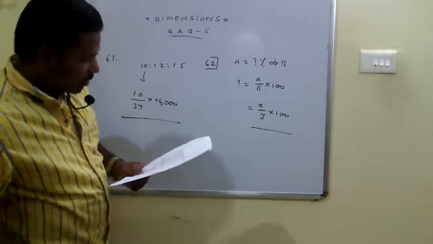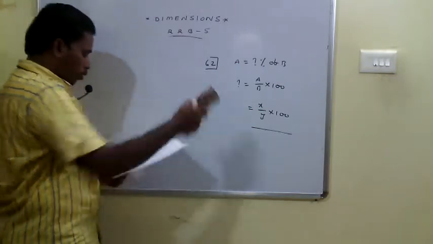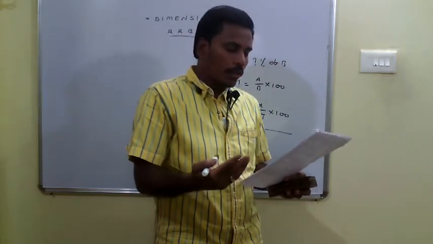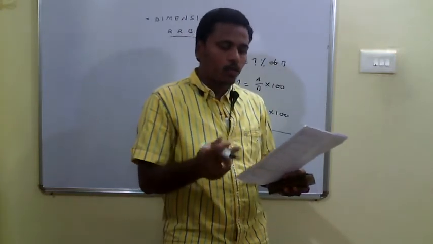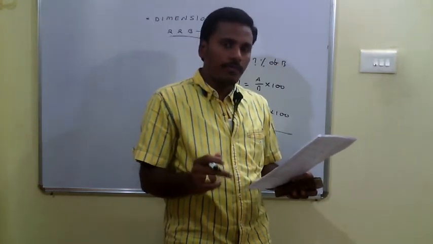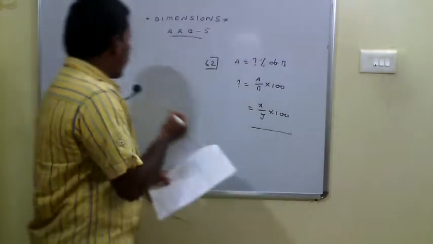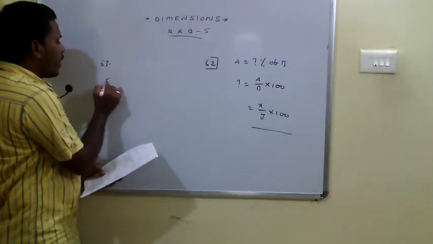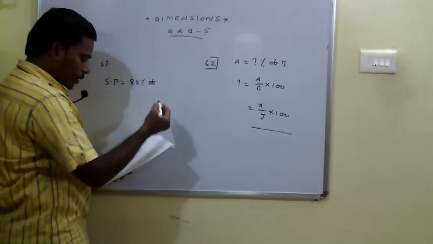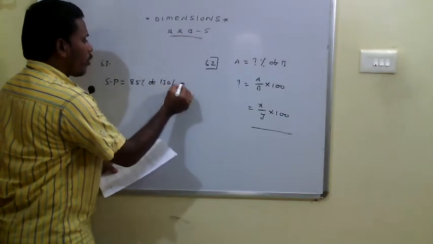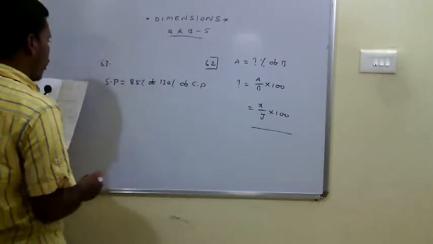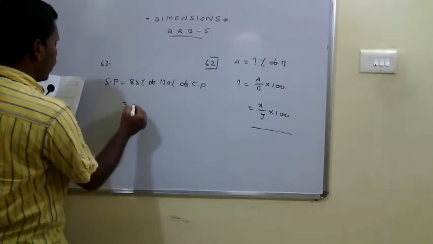And the next one is the 63rd problem. For the 63rd problem, a shopkeeper marks his goods 30% above the cost price. So market price is 130% of cost price. He gave a discount of 15% on the market price. So selling price is 100 minus 15, 85% of the market price. So finally, selling price is 85% of 130% of cost price. If you simplify, you will get that as